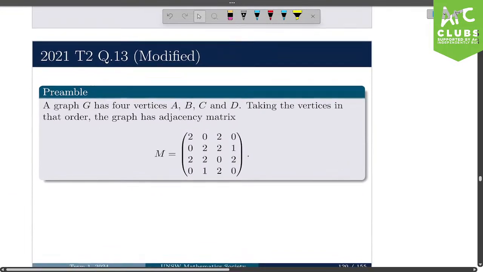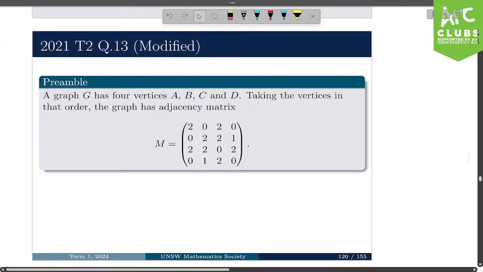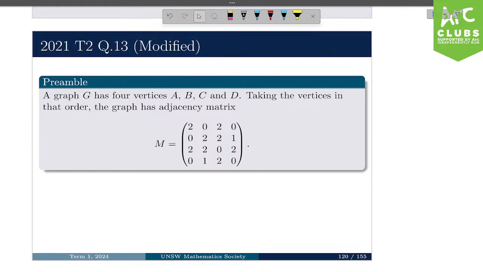Okay. So first we're going to look at the adjacency matrix. So the adjacency matrix of a graph describes the number of edges between the corresponding vertices. So let's say you have the vertices A, B, C, D, and they're labeled from the first to the second to the third to the fourth. Then say, for example, the element on row 3, column 2 has the number 2. And what that represents in graph terms is that the number of edges going from vertex 3 to vertex 2